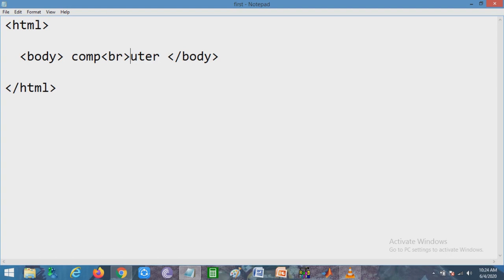On the first line it is "comp", and on the second line it is "uter". That means BR breaks the word, sentence or line. You can use it anywhere you want to break the word, sentence or line. I think it is clear to you how to use the break tag.